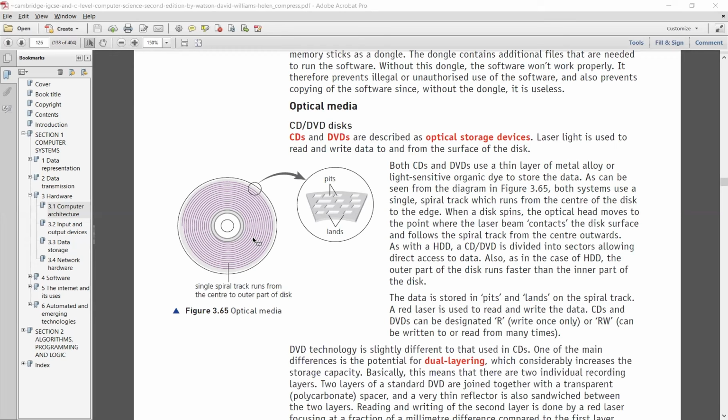Why am I emphasizing these points? Once I start solving the March 24 paper with you, which I was solving recently, it deals with a lot of terms which students need to know. So remember from now onwards that it's basically the use of one single spiral track that is running from the